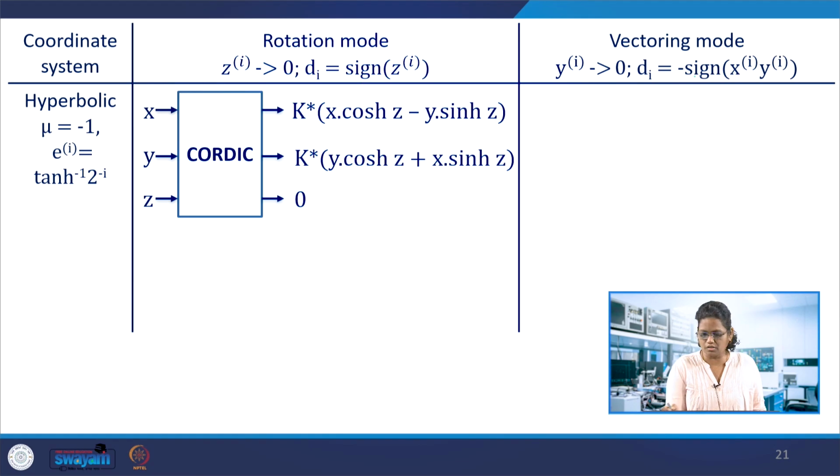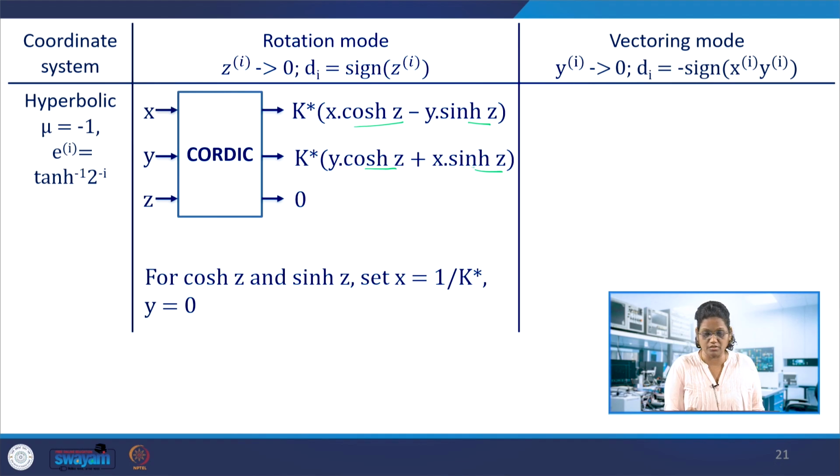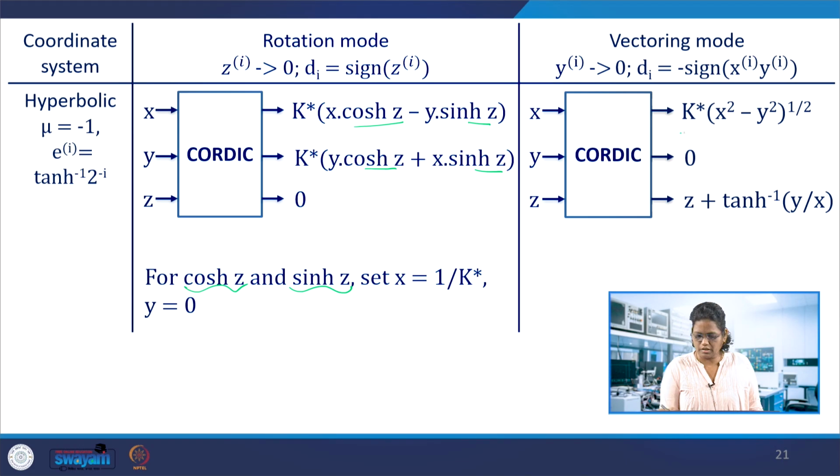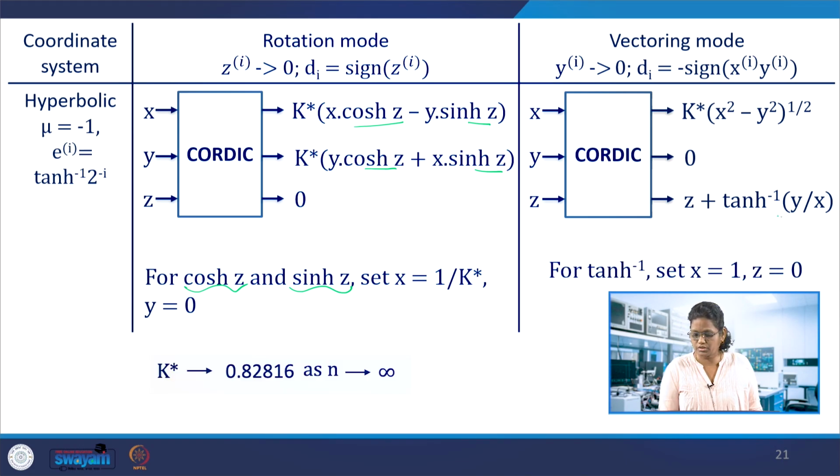So multiplication and division can be obtained through this CORDIC when we operate in the linear coordinate system with these initial settings. This can also be done in hyperbolic, where mu is given as minus 1, and the same over here. So you get cos h z and sin h z. So instead of cos z and sin z, or cos theta and sin theta, we get the hyperbolic functions, and this K star needs to be specified, and y 0. Here again in the vectoring mode we can obtain this tan inverse h setting, also x set to 1, and here we have the square root as well. So vectoring mode helps in getting the square root of x square minus y square as well.